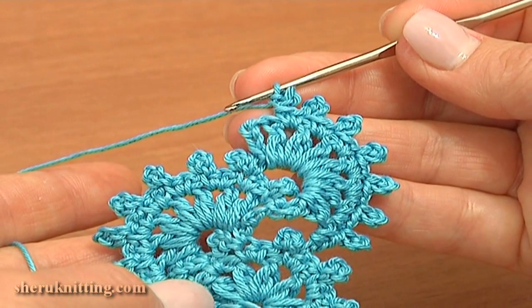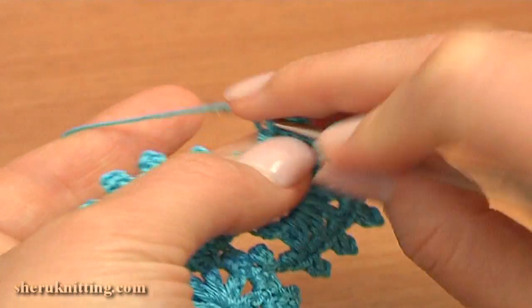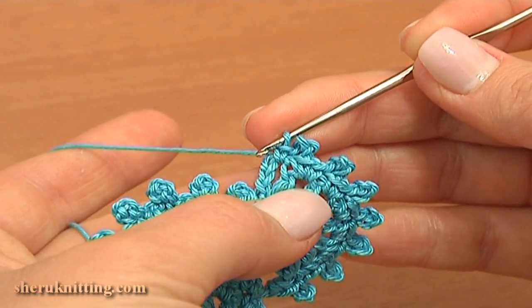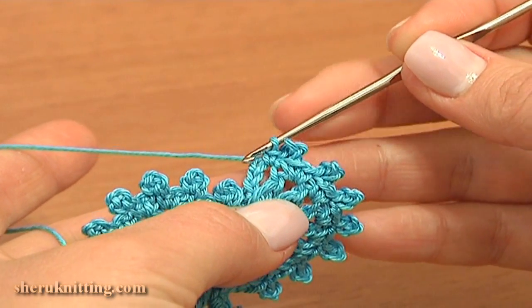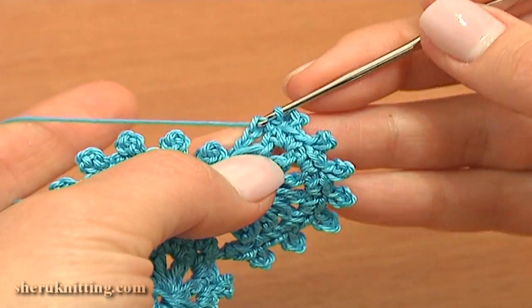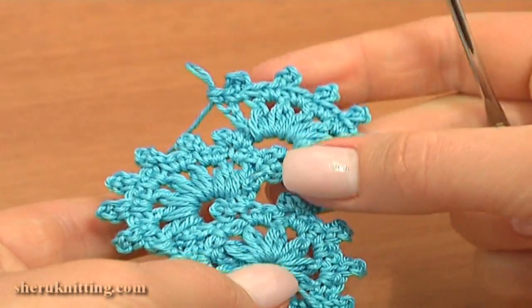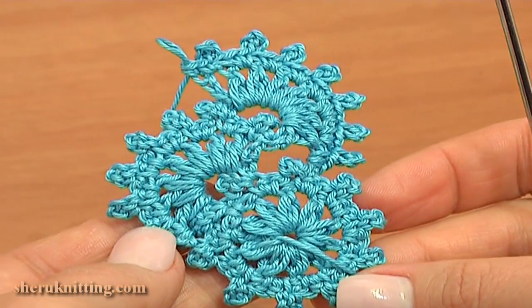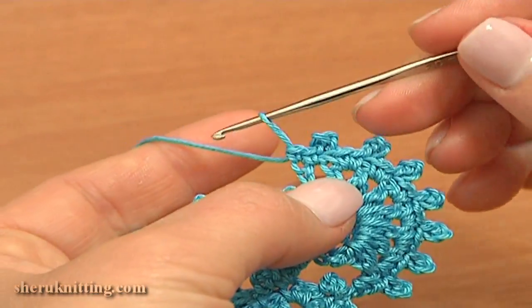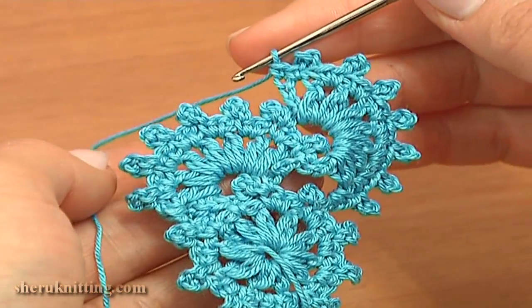Let's complete the second row of this pardal motif. I made a picot. Now under the next chain stitch, single crochet 1. And the last single crochet, work through the 3rd chain stitch counting from the bottom. 1, 2, 3 and work a single crochet through the top chain stitch. The second pardal motif is made. Now I would like to continue and begin the third pardal motif. For this, turn the work,